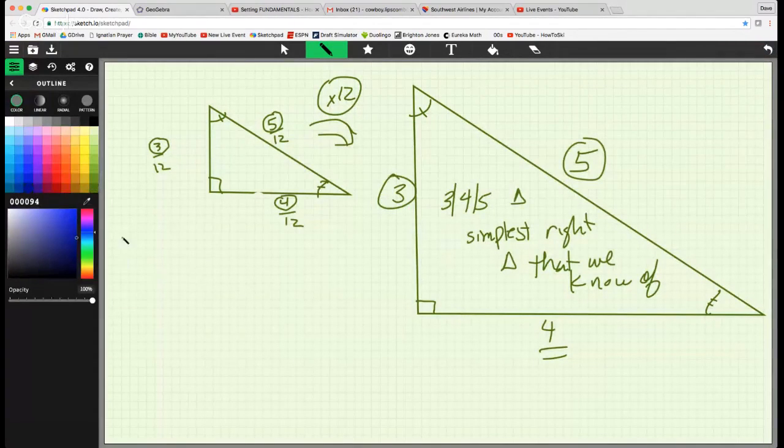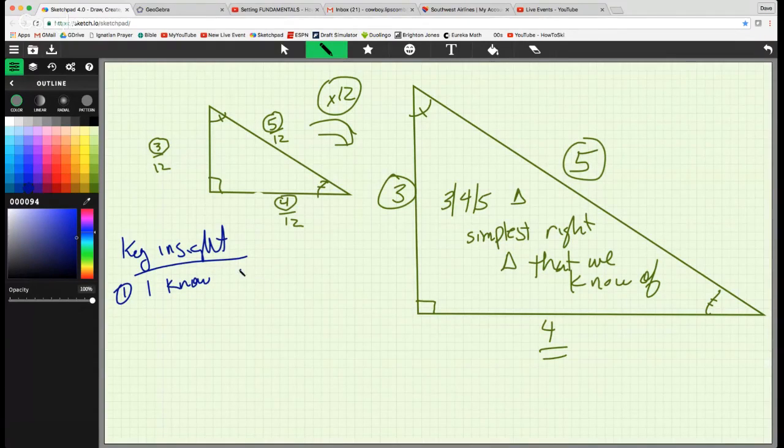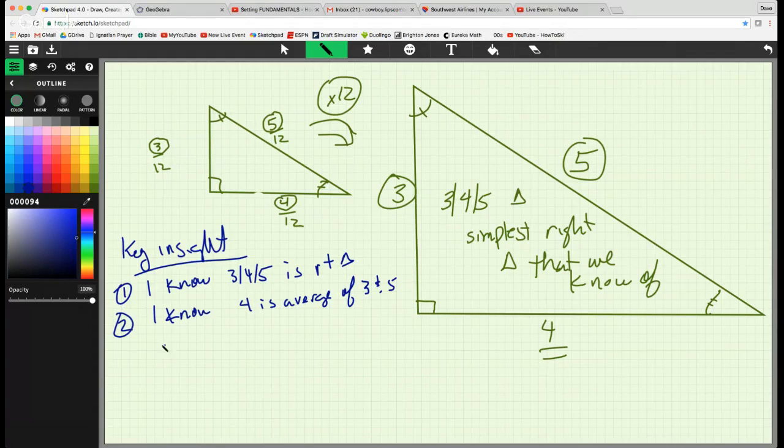The key insight that would give you a shortcut to this problem would be, 1, I know 3, 4, 5 is a right triangle. The second key insight is, I know 4 is the average of 3 and 5. And the last key piece is similar triangles